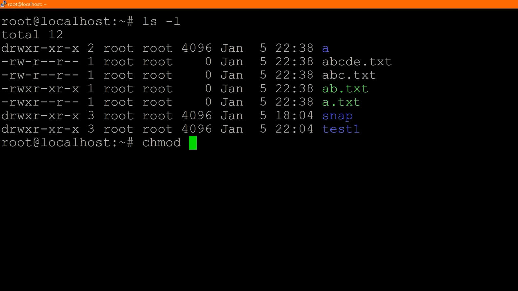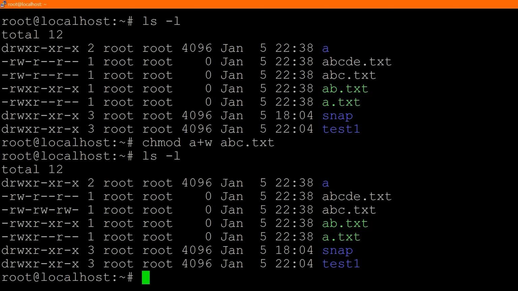So let's just do an example of changing the permissions of, say, abc.txt so that all users can write to this file. So if we want to do this, we can say chmod a+w and then the name of the file, which is abc.txt. If I do that, and then I say ls -l, we have a look at abc.txt. Notice that w was added. And when we add it to all, it automatically adds to the user and to the group, right? Because if it's for all, then it's automatically for those as well. So hopefully that's clear, but anything that's inside of all is also going to apply to the group and to the user by default. Okay, sweet.